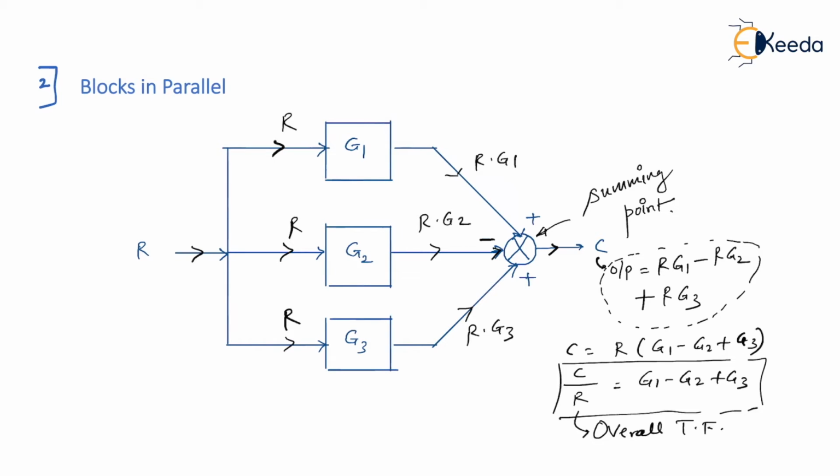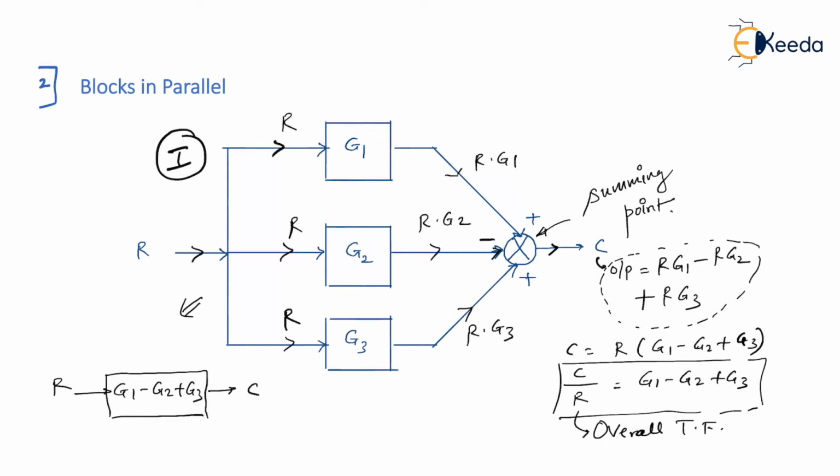Then how can I reduce it? Very simple. Since I have got the transfer function, I'll draw only one block. And now I'll write what I got as a complete transfer function inside the block, because we know that whatever you write inside the block is nothing but the transfer function. So it would be G1 minus G2 plus G3 with input as R and output as C. Can't you see? This block diagram is reduced to a single block without actually changing the effect. This is whole block diagram number 1, and after reduction, block diagram number 2, the effect is still the same.